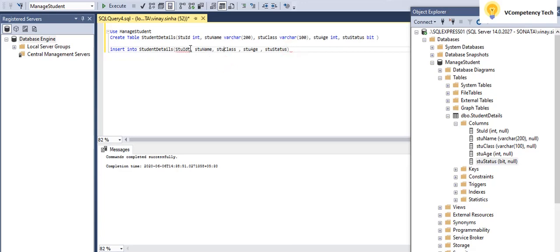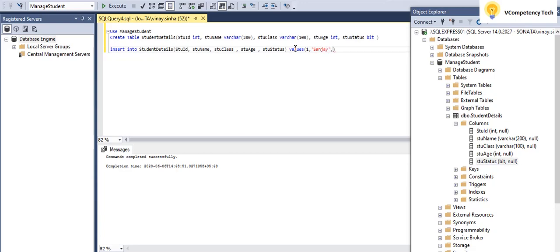Fine. Student ID. Okay, so how we will write? Insert into table name, in a bracket the columns, then values. Okay, and here I will give, for example, one, name I will give Sanjay.